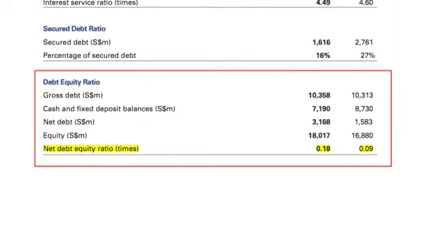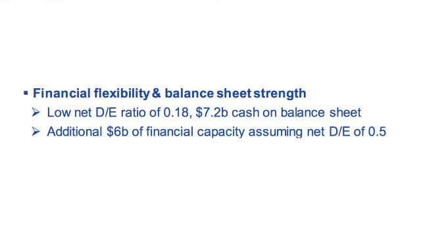And so what you can tell, on an absolute basis, it doesn't look like a big number. It's increased, but it's not like for every dollar they're borrowing a dollar. Precisely. Right. And in fact, management is quite comfortable at even a 0.5 debt to equity ratio. And they actually said that. So they say that assuming we work on a debt to equity ratio of 0.5, they could quite easily generate another $6 billion of financing capability to fund growth. So it looks like the balance sheet still has some flexibility. I guess that's what you always hear in the news, right? When people say that the balance sheet is strong. Precisely.